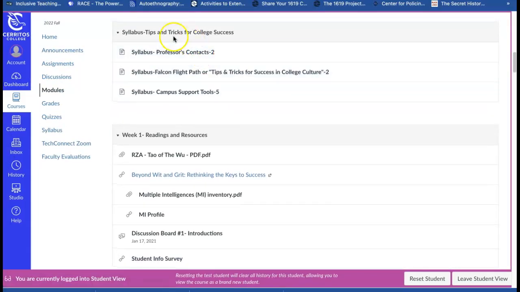Next, you'll see tips and tricks for college success. Here, the campus support tools will connect you with the campus health center, also to our